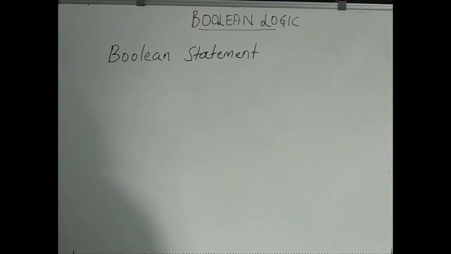And what is a non-Boolean statement or non-logical statement? I'll give one example. Who is the President of India? Another example is, where is your house located? Such statements cannot evaluate to either true or false, so they are called non-logical statements. Another example is, what are your plans for tomorrow? It cannot be true or false.